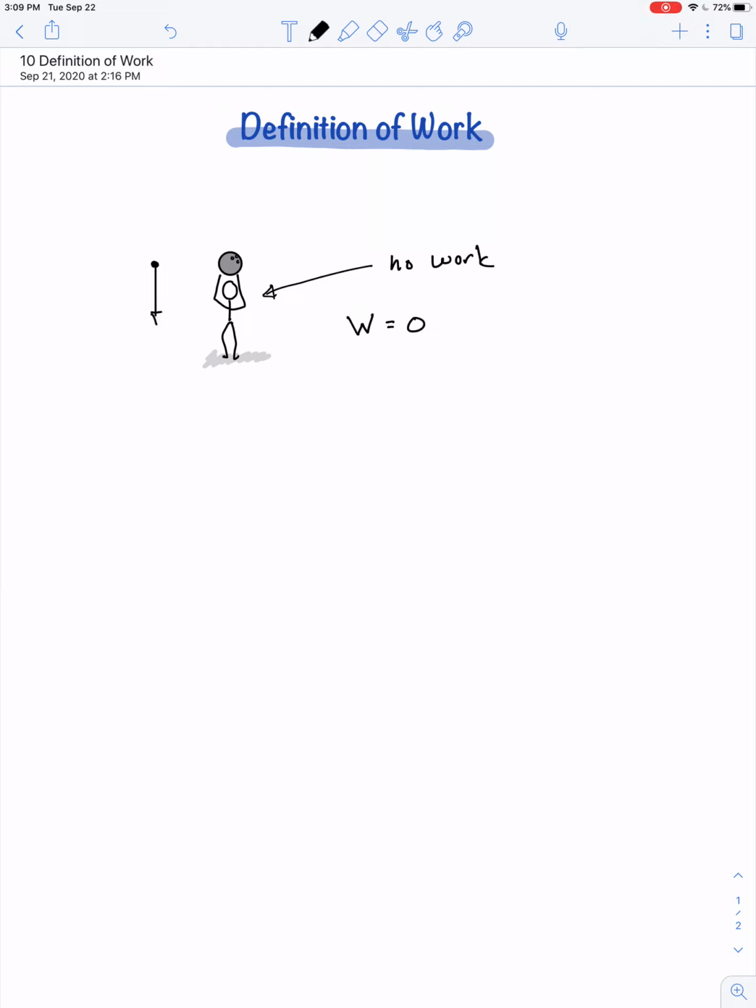The bowling ball has some weight, and the person applies an upward force that's no bigger, no less, but exactly equal to the weight of the bowling ball. But we can't confuse work with force. Work does not equal force. They're two different quantities. Force, as we know, is any push or pull